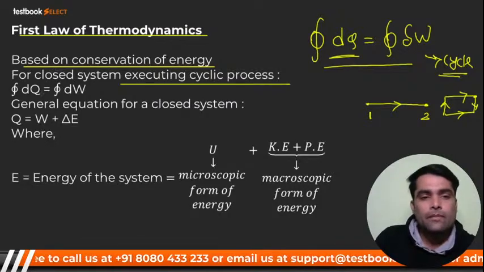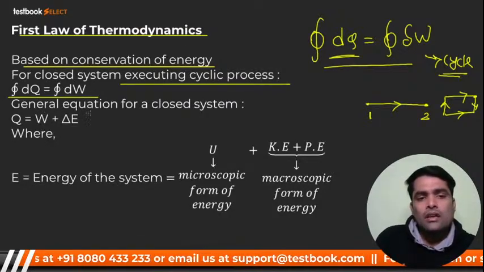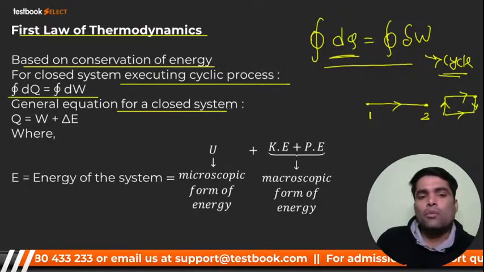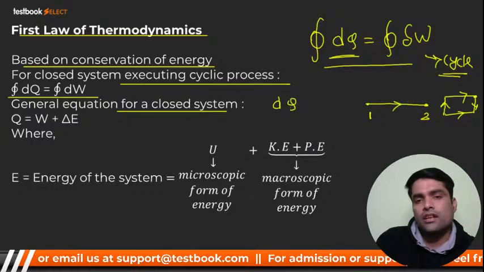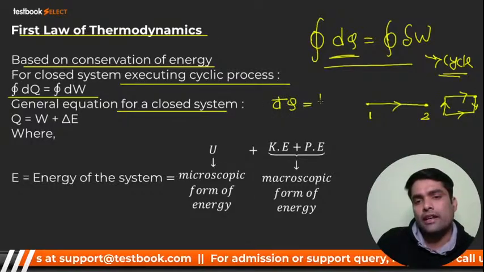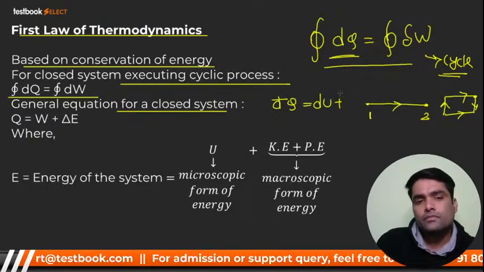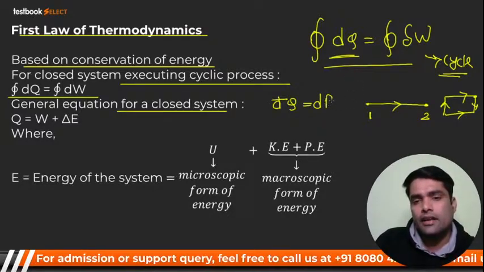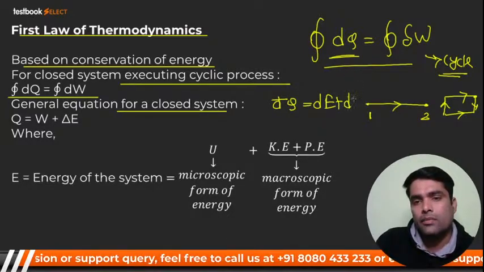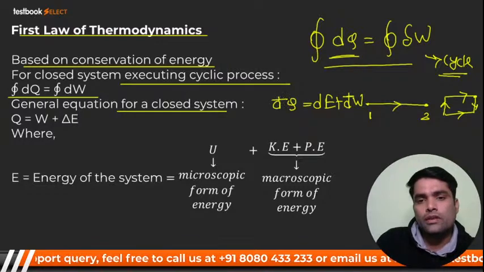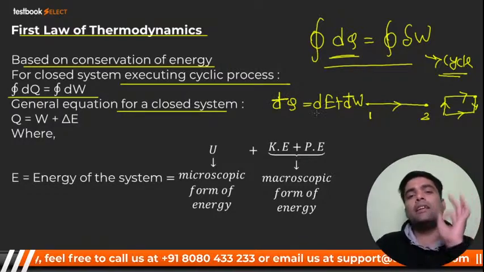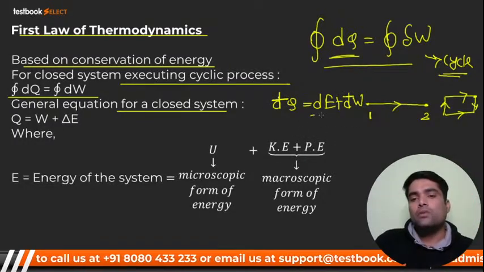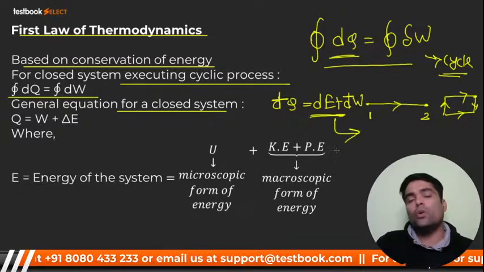ओके, ये बात ध्यान रखिएगा, बेसिक कंसेप्ट है। जनरल इक्वेशन फॉर क्लोज सिस्टम, मैं आपको बता दूं कि जनरल इक्वेशन इस फॉर्म में होगा, दैट इज dq इज इक्वल टू du प्लस dw, सॉरी, इट इज de प्लस dw। ये जो सिंबल दिख रहा है, इसका मतलब है कि ये पाथ फंक्शन है। ओके, एंड आई वांट टू टेल यू कि ये दोनों के लिए एप्लीकेबल है।